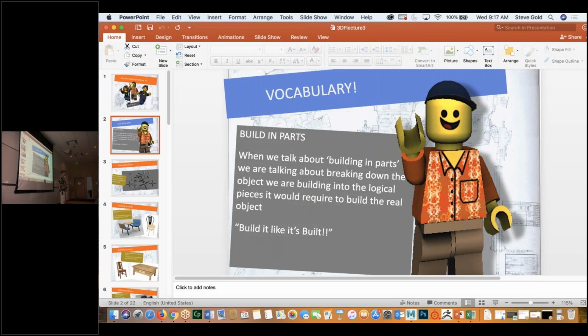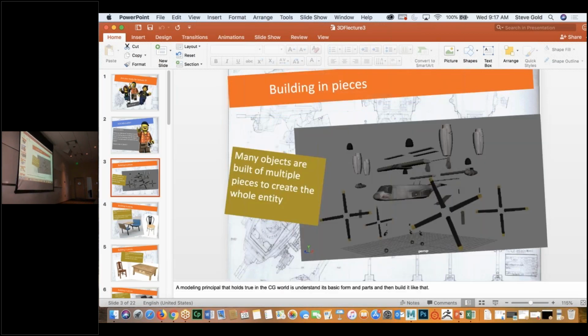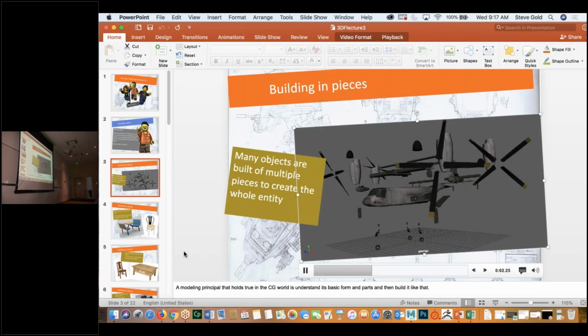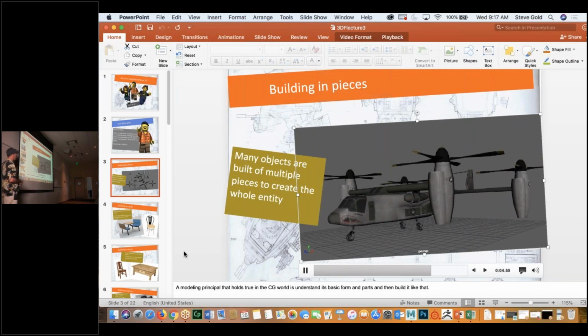And what that means is, if I had to build this actual object, how many pieces would I have to make it out of? And then that's how many you're gonna model it out of as well. So we have these criteria to help you figure out how many pieces I need to make an object out of, and that's gonna help you tremendously. But again, the idea is, in the real world, things are made of parts, so we wanna make things out of parts as well. Does that make sense? Building in parts, specifically the correct number of parts. All right, so let's take a look at